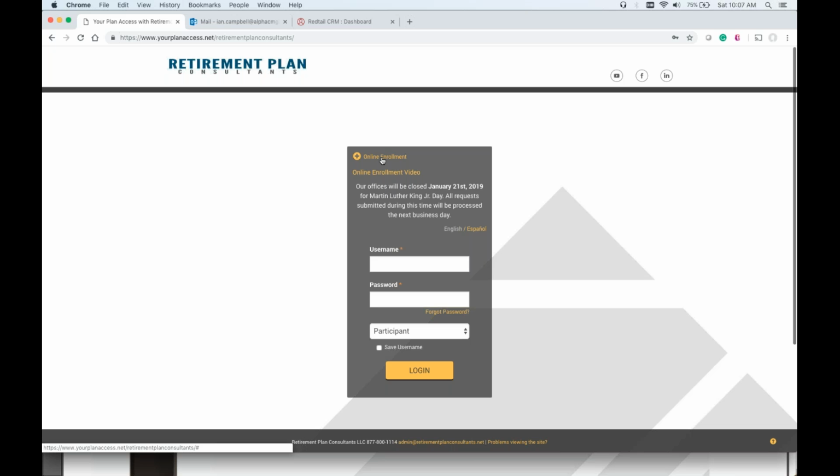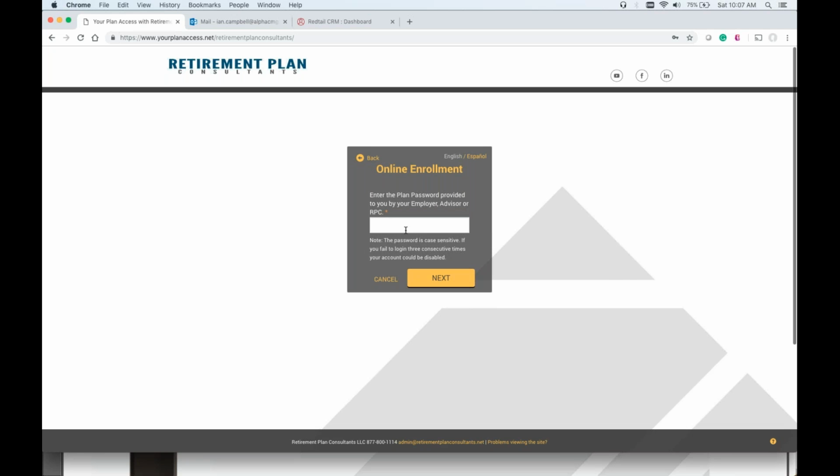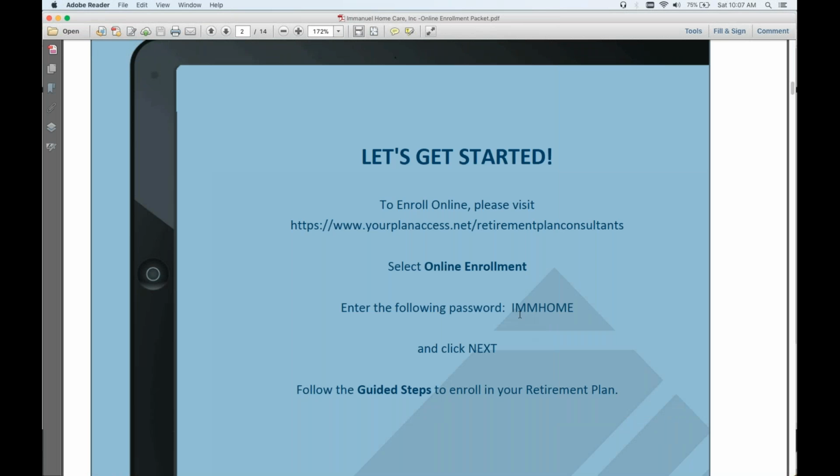Once you access this website, you'll see at the top left corner of the gray box, there will be a button where it says online enrollment. That will be the first step. You click that, and then you'll type in that plan password. The plan password is in the middle of this document here,